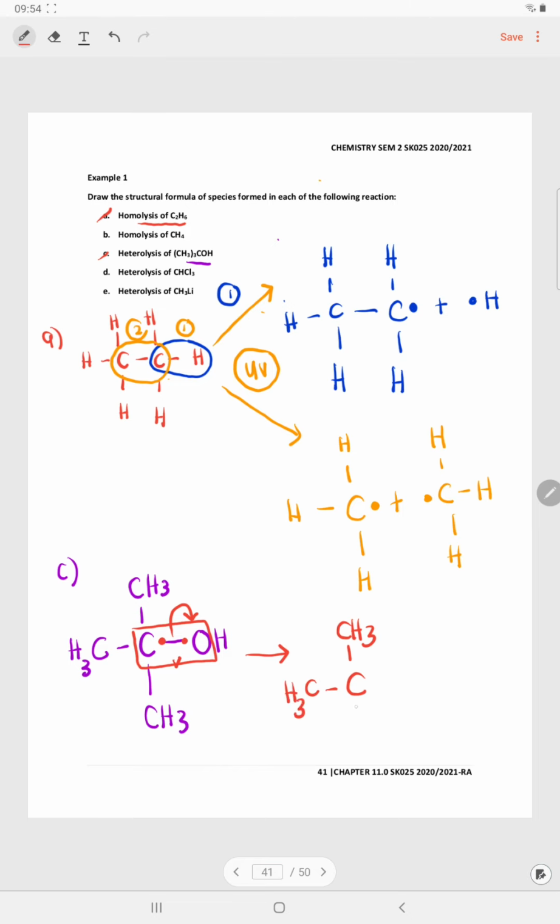So the rest of the sides are the same. So carbon has no electrons, plus oxygen in OH, but O will have 2 electrons directly. And this OH becomes negatively charged, and carbon becomes positively charged, and we can label this species as a carbocation. So heterolytic cleavage must form positively and negatively charged species, while in homolytic cleavage, the products formed are neutral species.